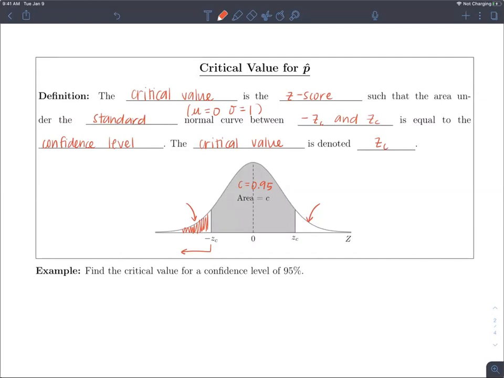But think about my question. So if you have 95% of the curve in the middle, how much is going to be left over on the outsides as a whole, right? Don't think about one side, but think about both. Anybody? Nobody wants to answer. Yeah, so you're going to have 0.05 on both sides. So that means you're going to have 0.05 over 2 on this side, which is 0.025 on that side, and also over here,